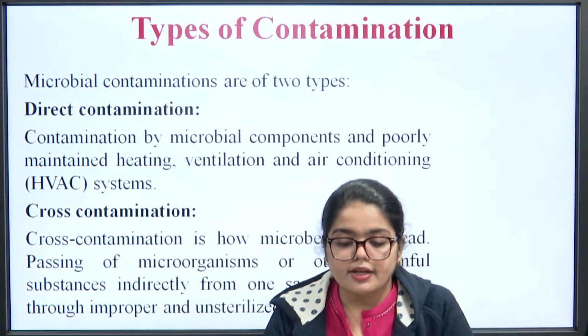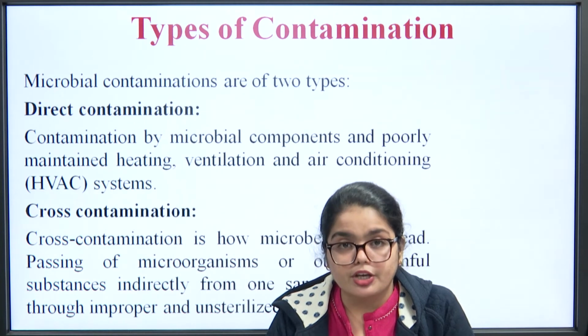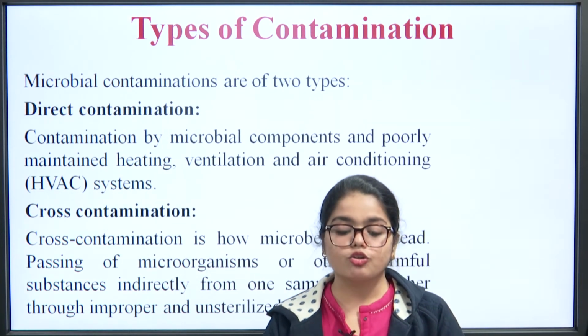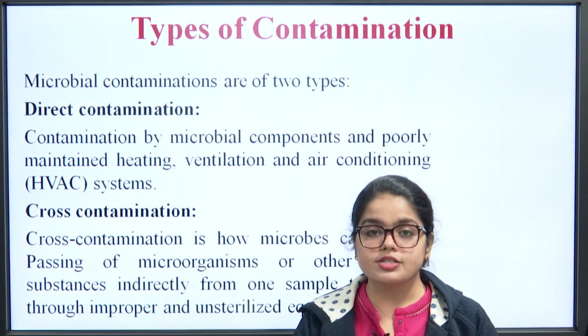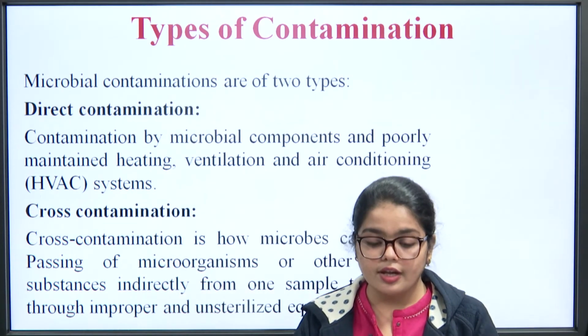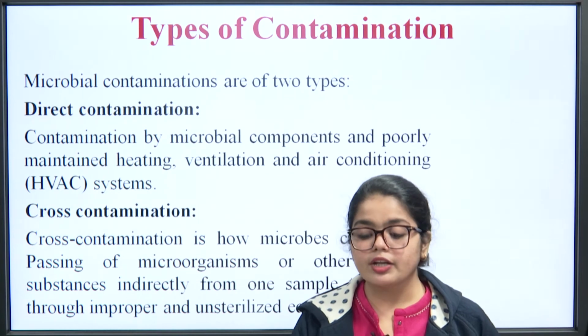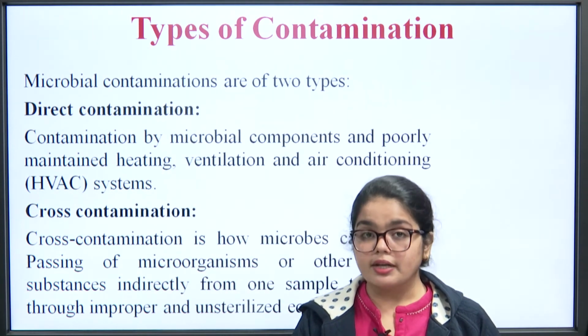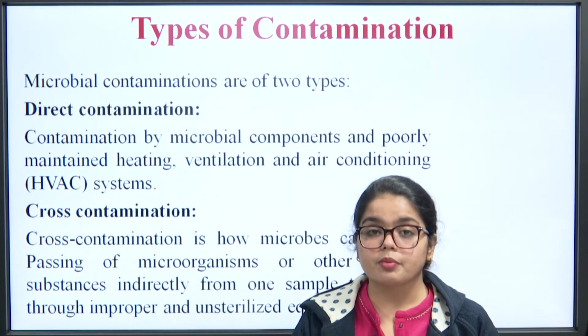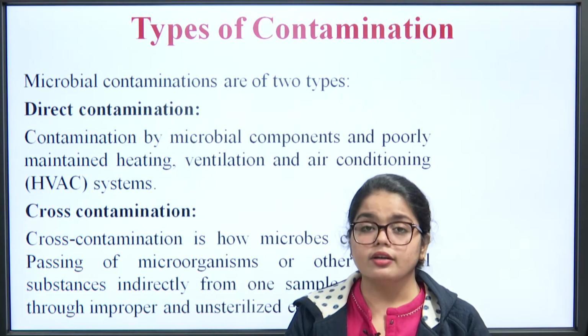Coming to the next slide, it says about the types of contamination. So, types of contamination could be direct contamination, like from the direct facilities or the substances or the machineries that are present over there, like heating, ventilation and air conditioning systems. Whatever is the environment that is being maintained in that particular pharmaceutical preparation room, if it is not monitored time to time,